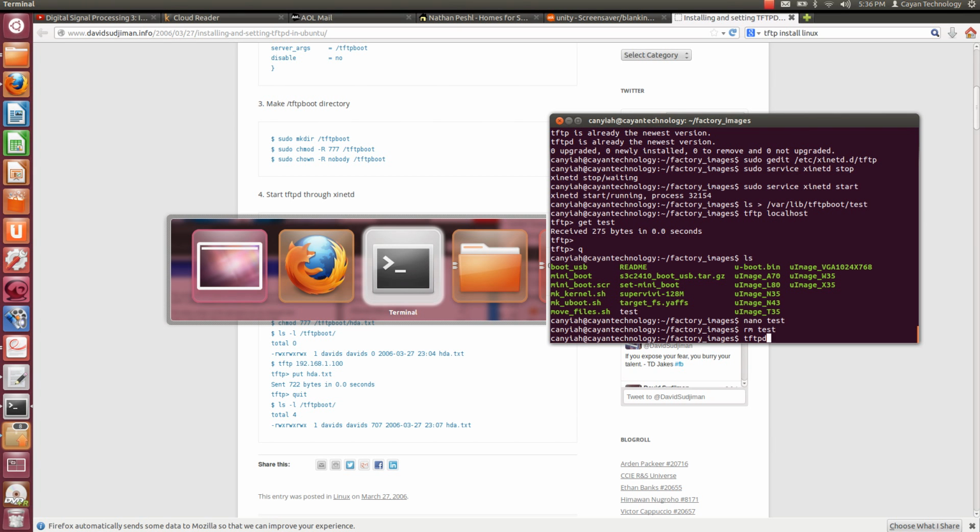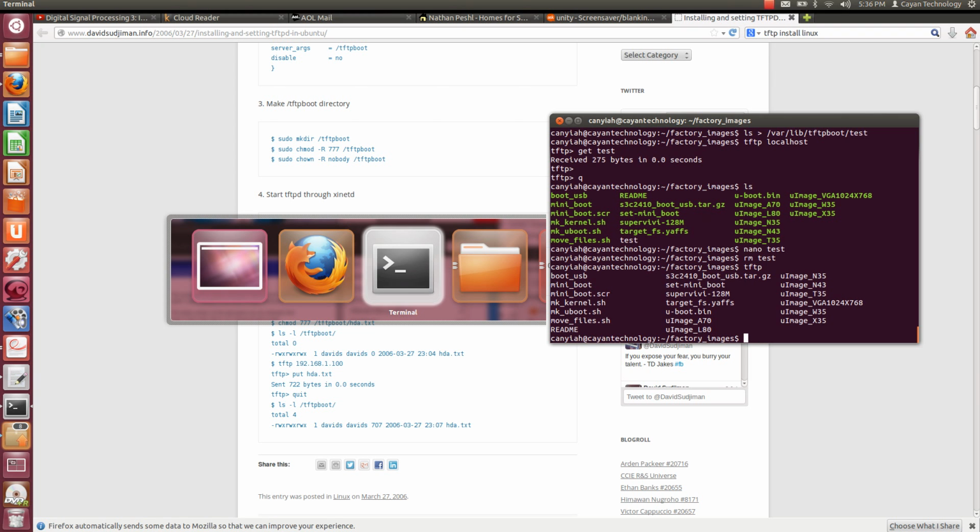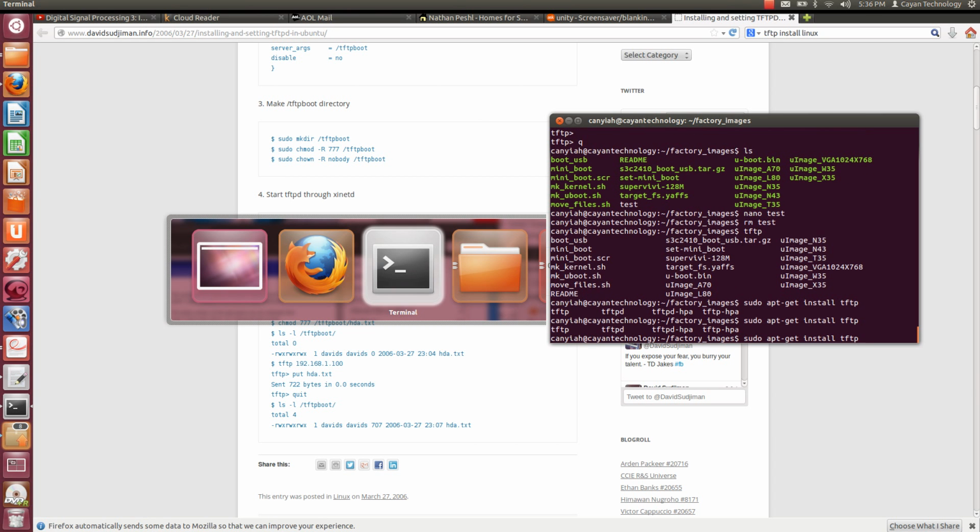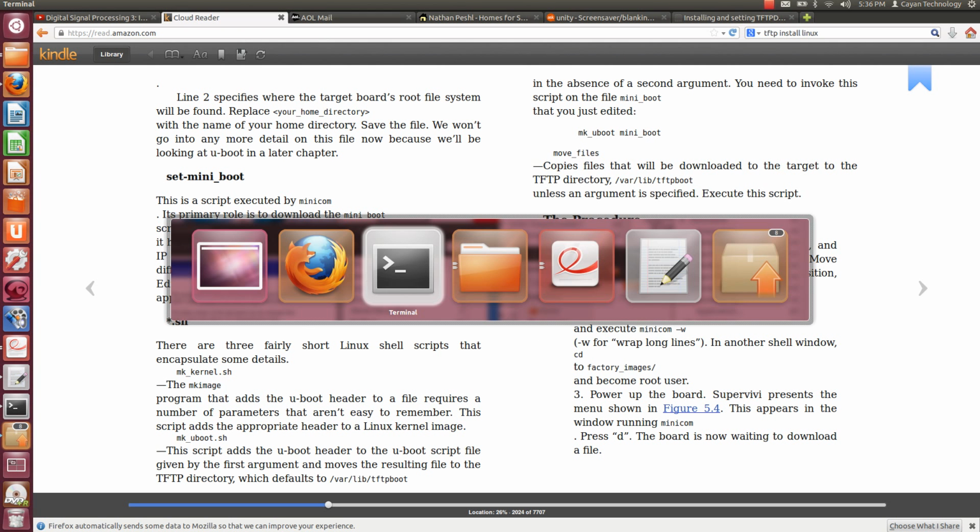TFTPD should work. I had issues with other TFTP installs. Yeah, I had issues with this one not working, so this one should work just following these instructions. Okay, now that that works, we now can